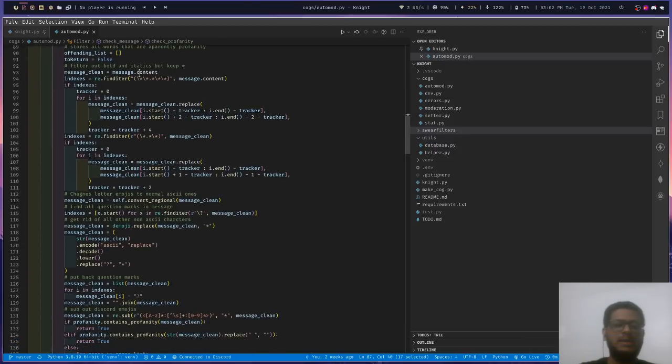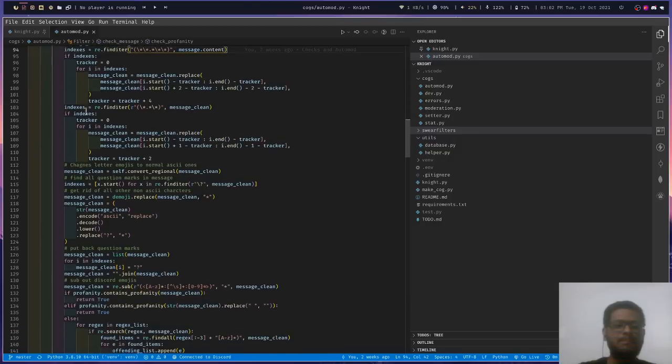This regex will remove all the stars from it, because stars are used to bold any text in Discord. This function will clean the start and end of the message.